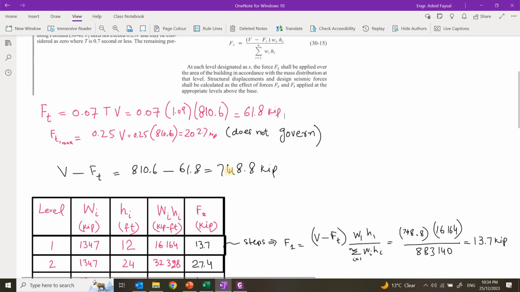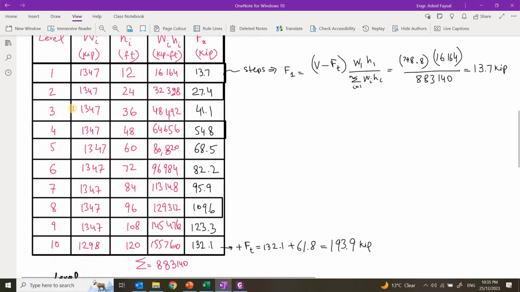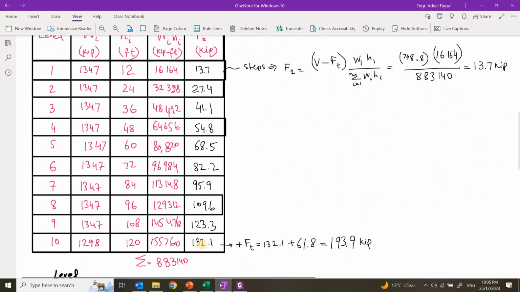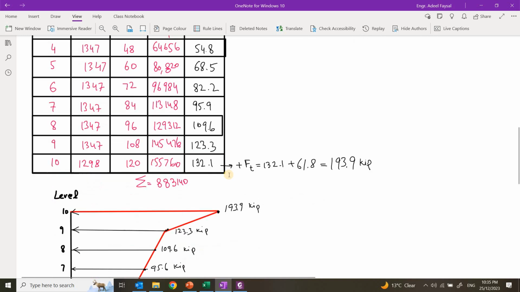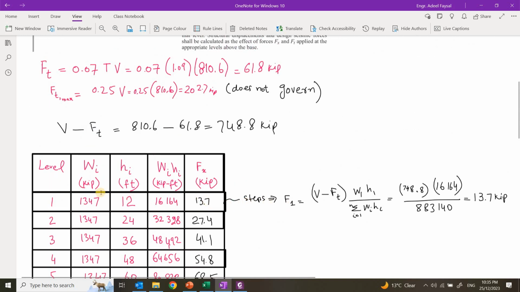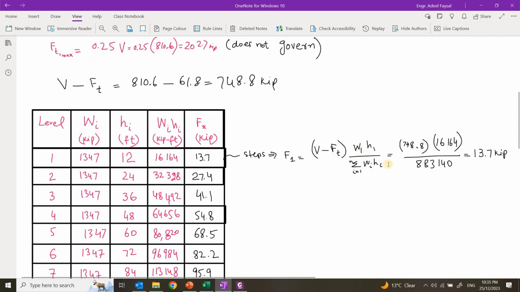Now V minus FT is 748.8 kip. This is the force that you need to distribute between all the 10 levels, and at the 10th level you will add this FT. Okay, so let me show you how this works. You better make a table, because this is how